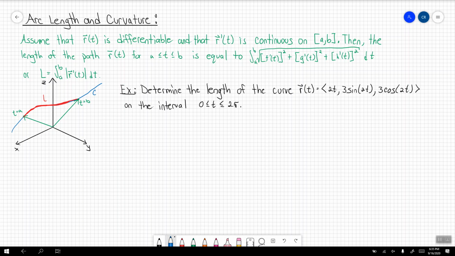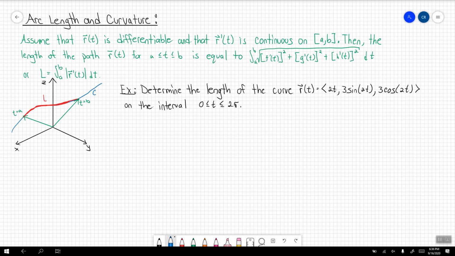Hi everyone, welcome back. Today's lesson we're going to be talking about arc length and curvature. Now we are going to use the same definition for arc length that we learned back in Calc 2. And this definition says that assume that r of t is differentiable and that r prime of t is continuous on some interval from a to b. Then the length of the path, r of t, for the parameter t being bounded between a and b is